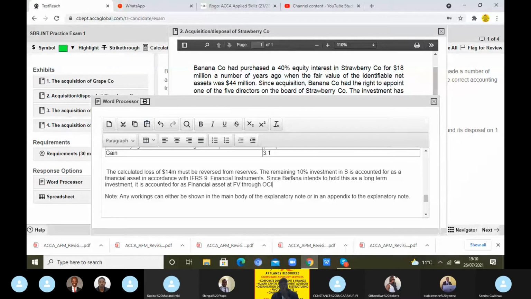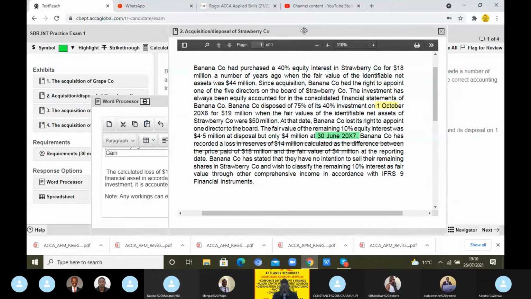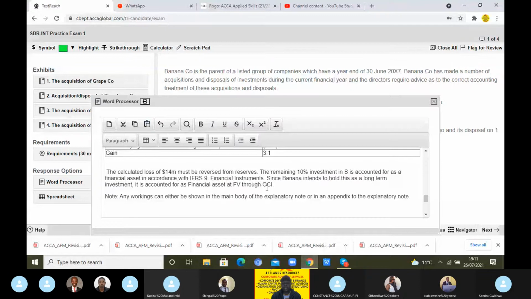So what then do we do? Thus, notice, at acquisition, the fair value of that remaining investment was 4.5, but at reporting date, it's now 4. Here, it was 4.5, but it's now 4. So it is recognized as a financial asset at 4.5, and the decrease is recognized as a loss in OCI. So you can just say thus